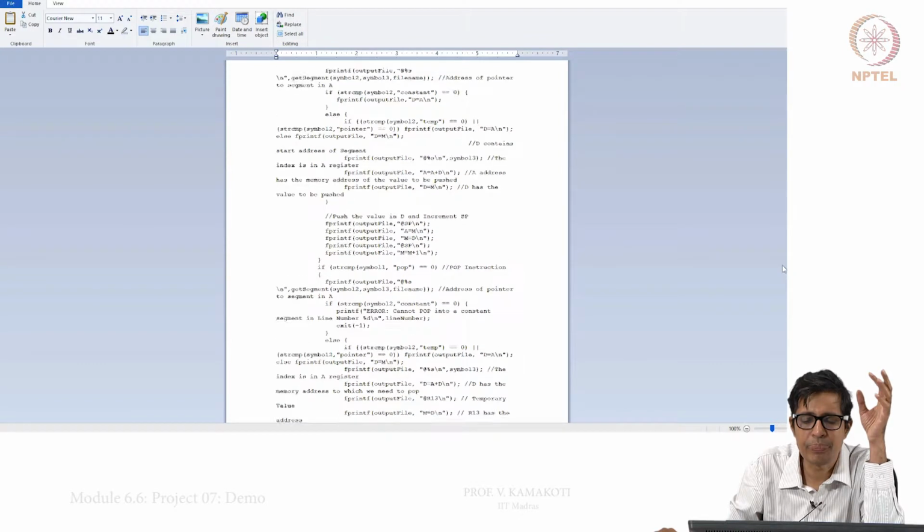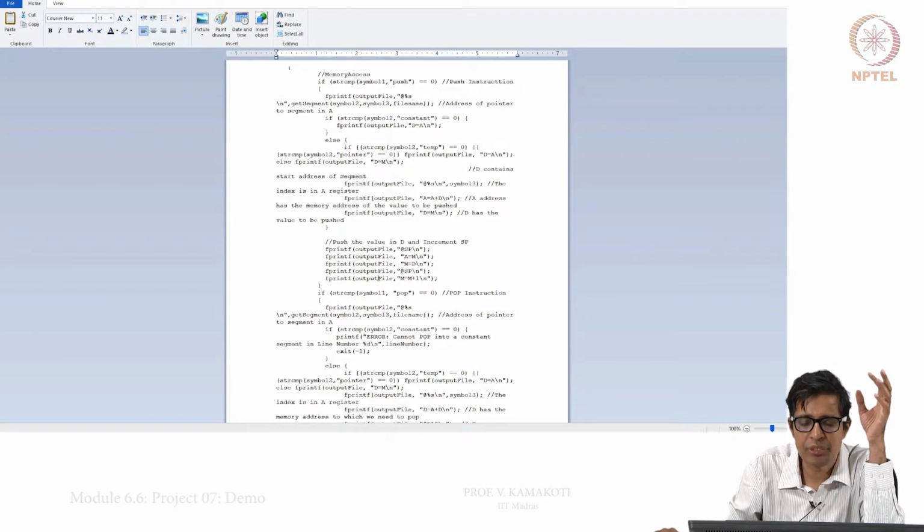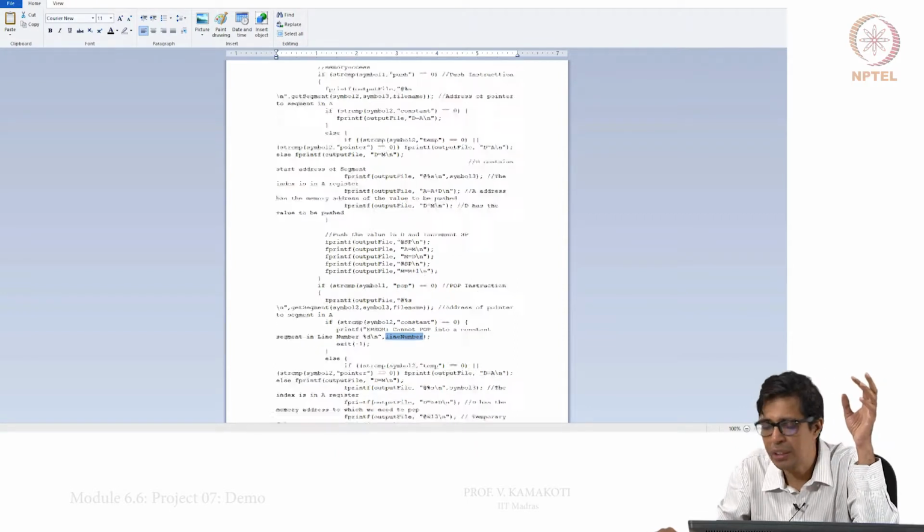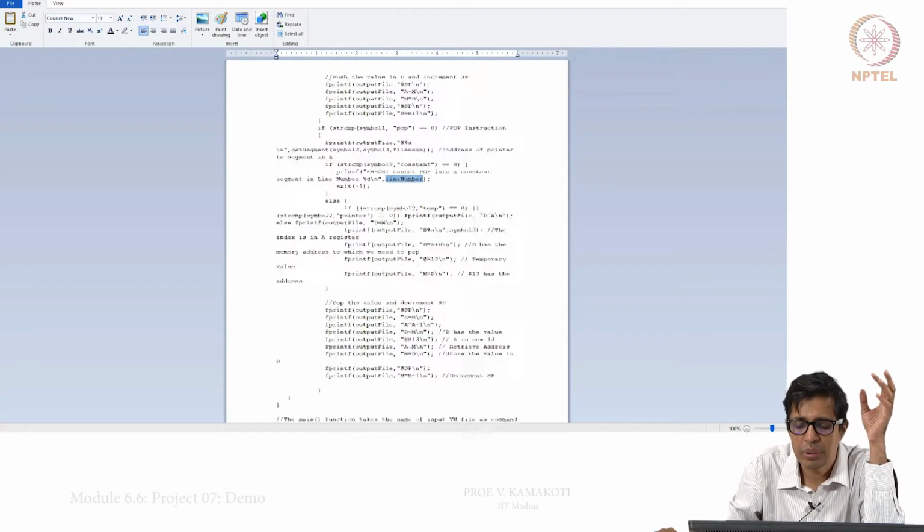And then in the case of push, this is the code for push, this is the code for pop, and in the code for pop, note that if your symbol 2 is a constant, then it gives you an error stating the line number. So this will help you to debug if you had a wrong VM code.